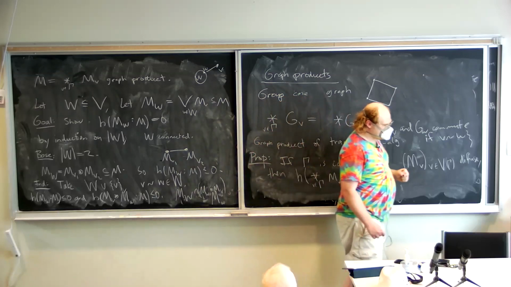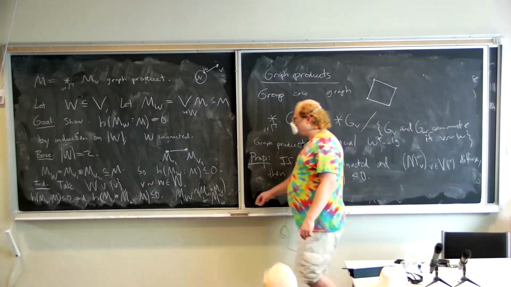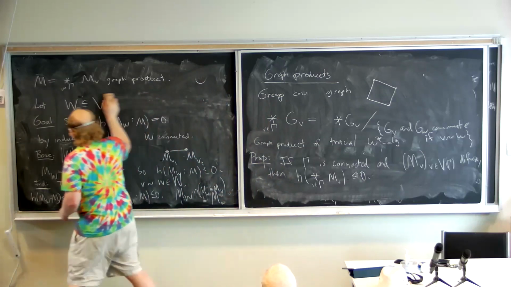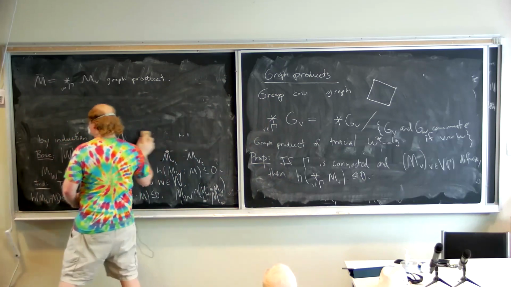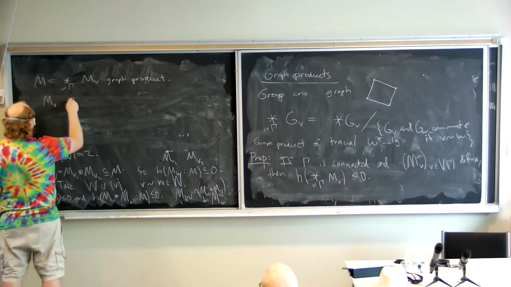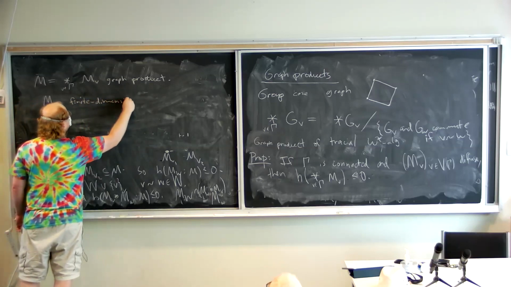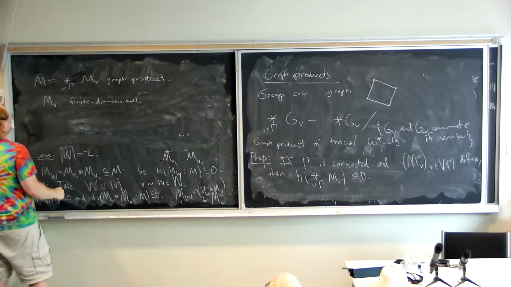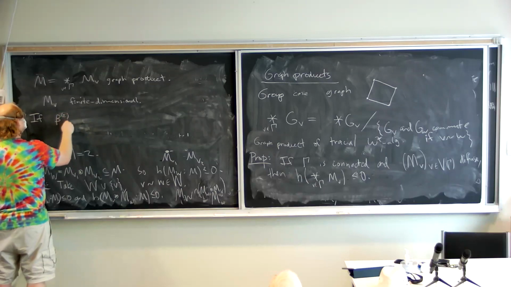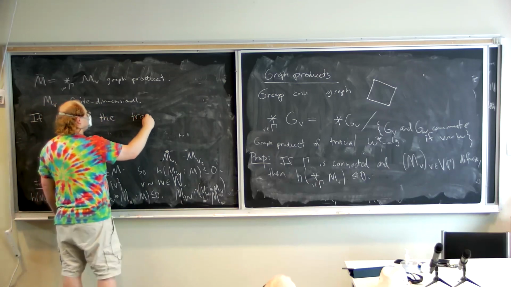We don't fully understand under what circumstances this is true, but what we can say is, if you have a graph product, and let's say for instance MV finite dimensional,